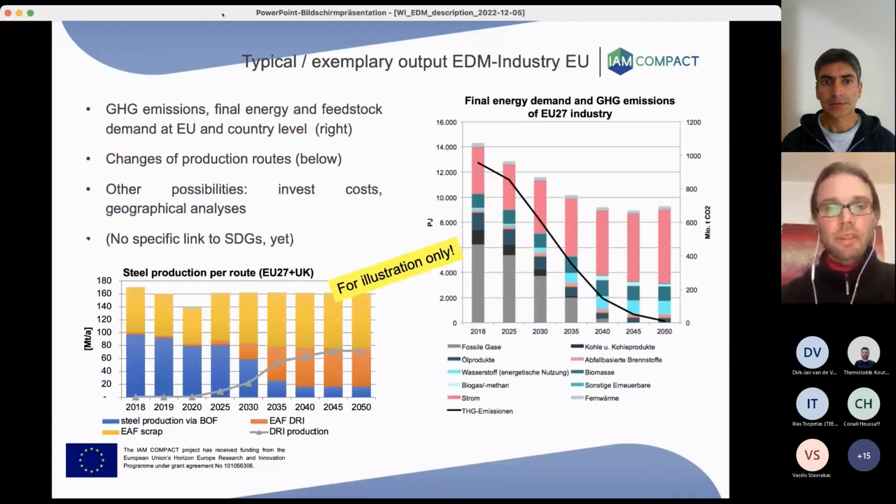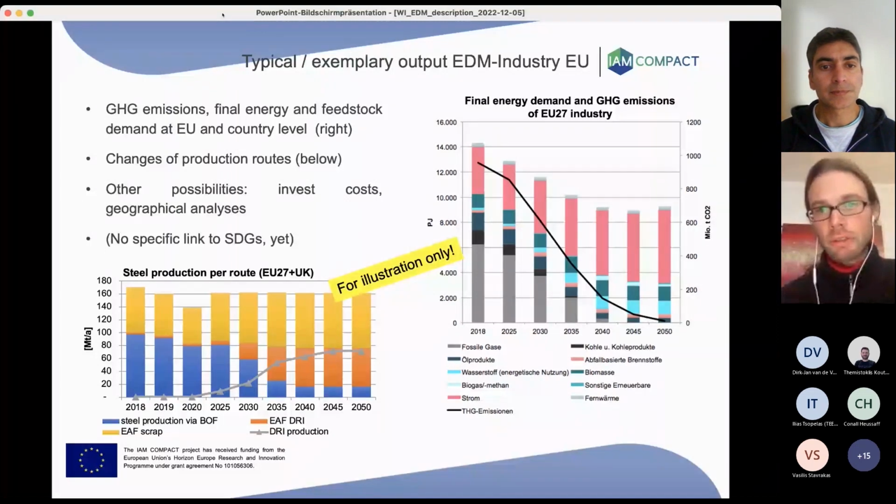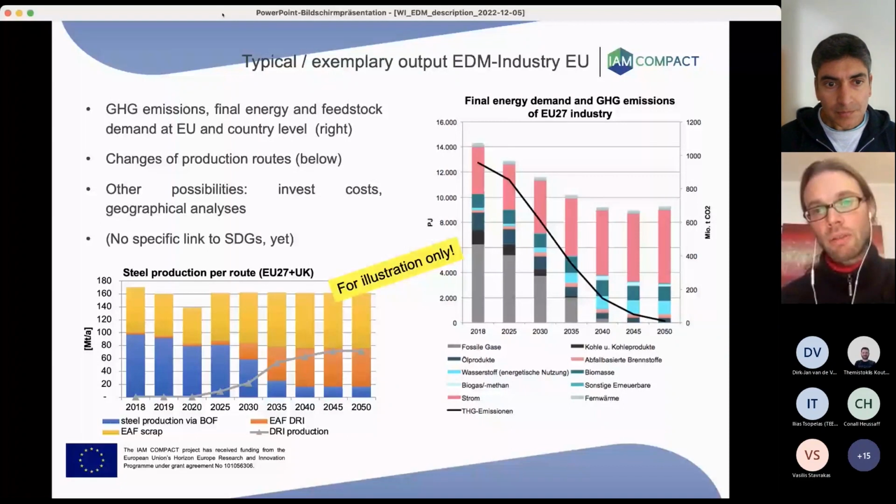This is a quick view of typical exemplary outputs which you might expect. On the right-hand side, for example, you can see greenhouse gas emissions and final energy demand. We also have the feedstock, which is not pictured there, but this is how our typical output currently looks, in 5-year steps.